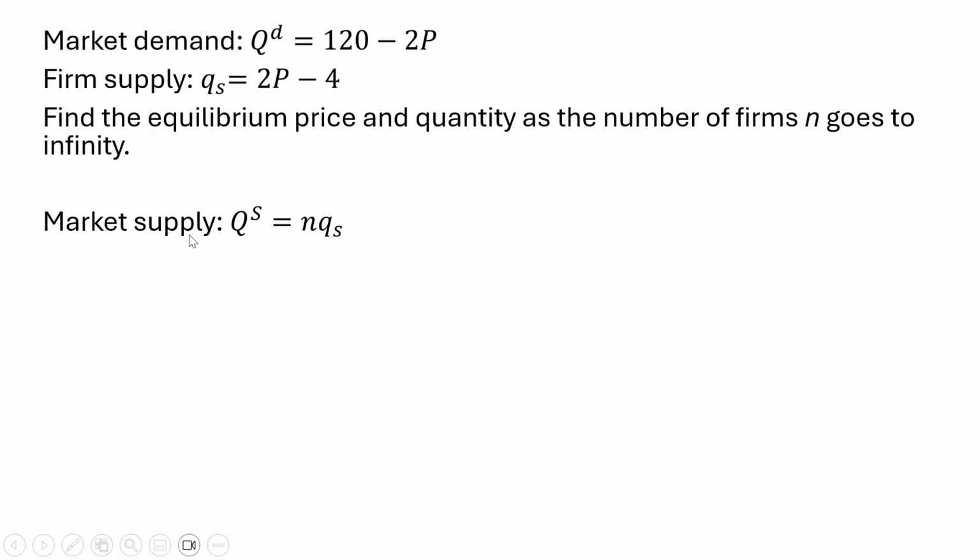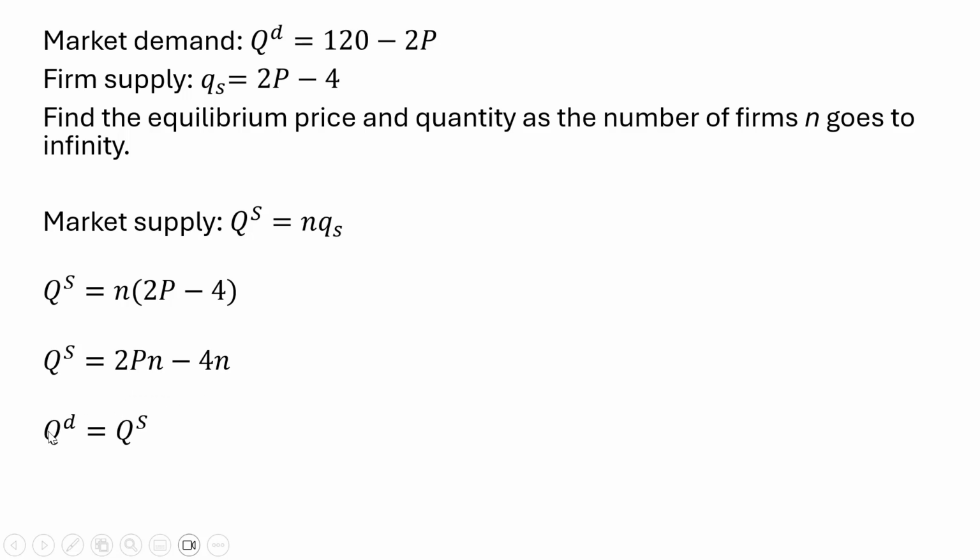First thing we'll do is get the market supply. We have the individual firm supply, and there are N firms that have exactly the same individual supply. So to get the market supply, capital Q, we're going to take N and multiply it by each individual firm supply. So for Q subscript S, I plug in the individual firm supply down here, and now we have the market supply. We can distribute this N,